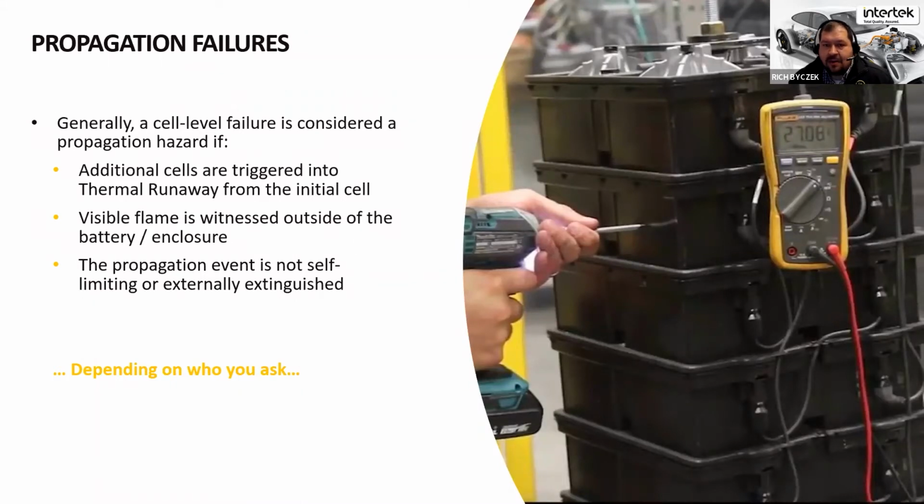Another failure would be in a design, a layout, in stationary systems especially: do you not have the ability to externally extinguish that battery? You're doing all these things, protecting cells from each other, trying to build an enclosure that's robust enough to prevent fire from getting out. You're also often preventing fire extinguishing fluids, water, et cetera, from getting into the battery. So some of the same design features that help prevent propagation are also preventing extinguishing. So keep that in mind, that there may be a balance just in terms of allowing for the battery to be put out if it did go into propagation.